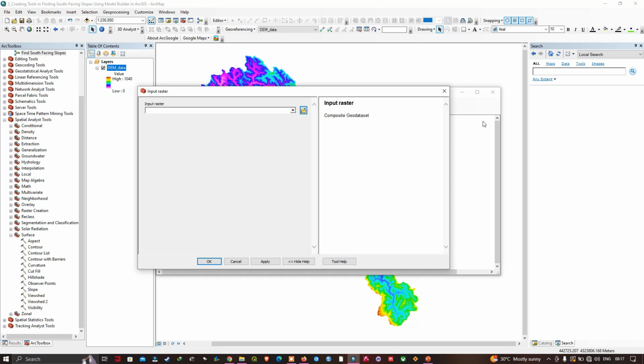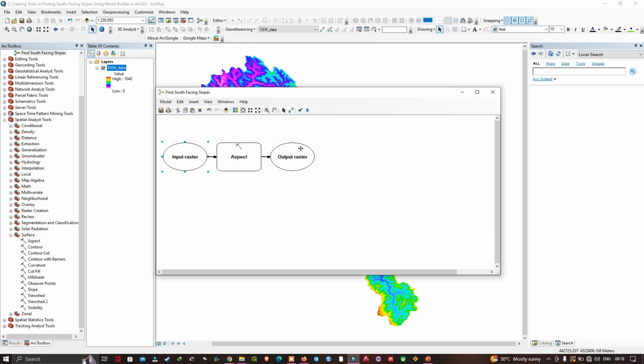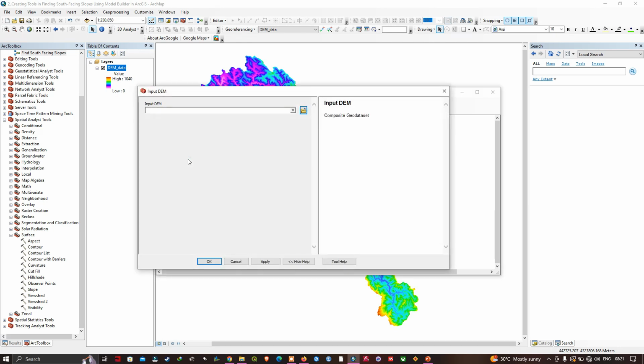What I will do is rename this one by right clicking and navigating to the option called rename. Now let me enter the name as input DEM, and click OK. So we have renamed this input raster. Now we double click, and in the input DEM we insert our DEM data here. Let me click this option called DEM data. So this is our DEM data. When I click OK,